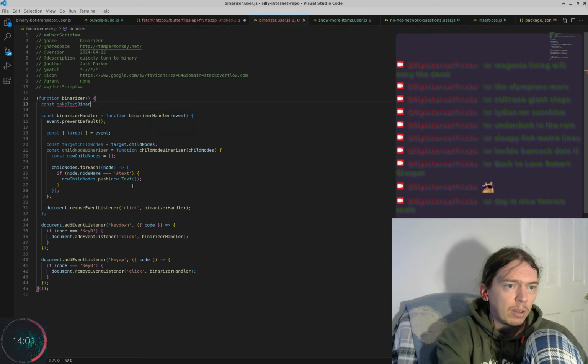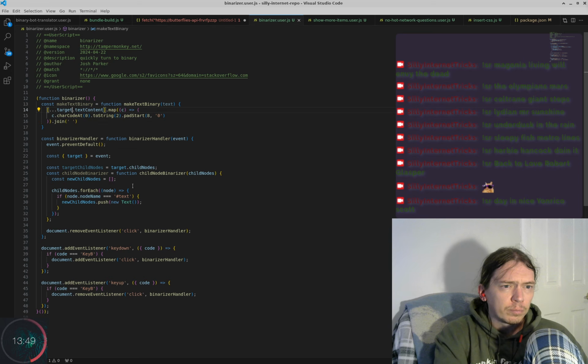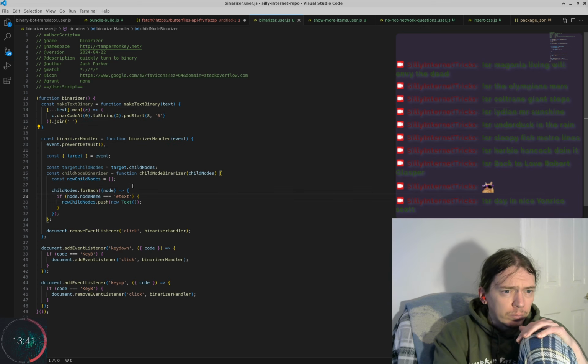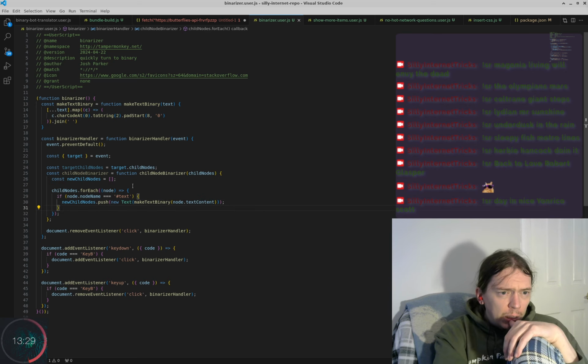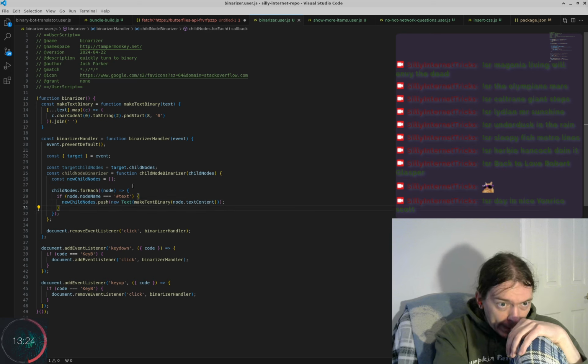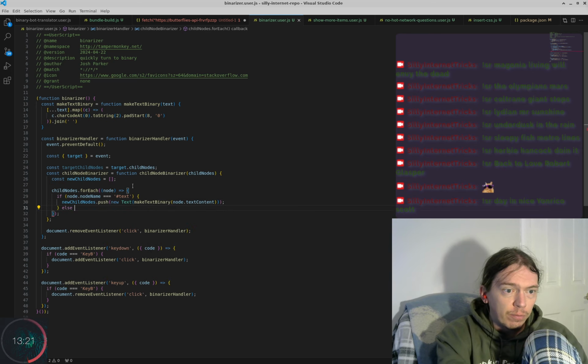Make text binary, which takes a text. Okay, so let's do it that way, and then, so that's good, and then else,